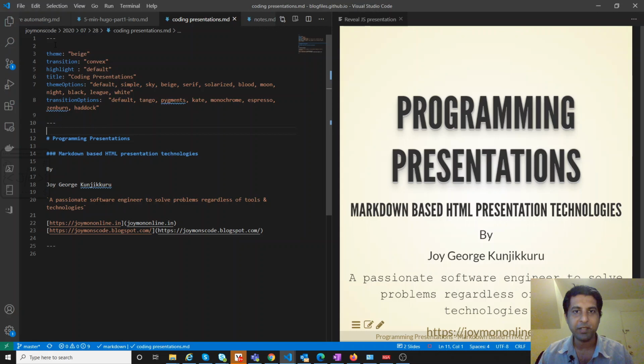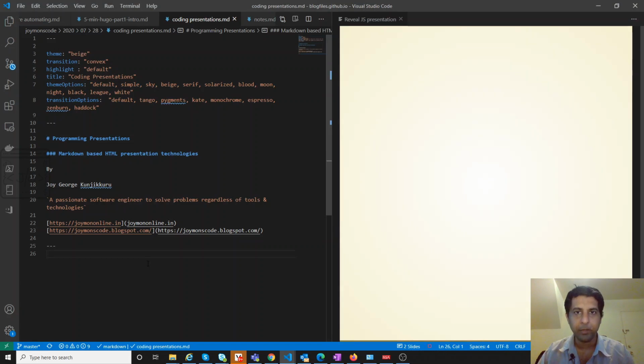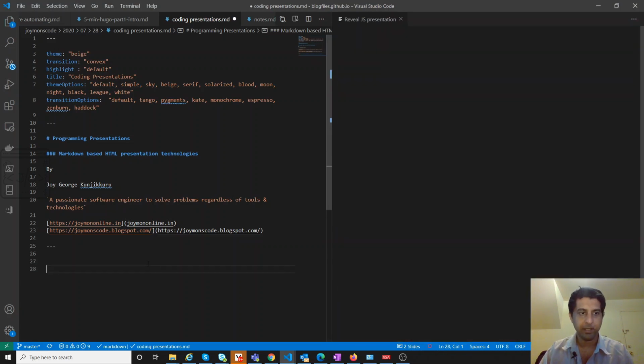This is to differentiate the headers, and this is my first slide. First slide has only this much information. Before we go further, let me add the next slide and explain what we will be covering in this video. So this is the end of one slide, and I am adding the next marker, and here I am pasting my